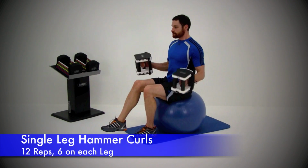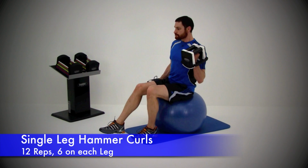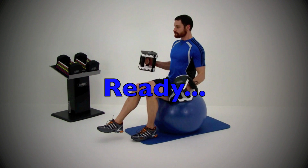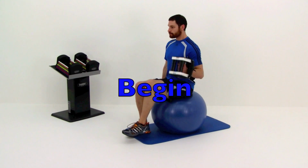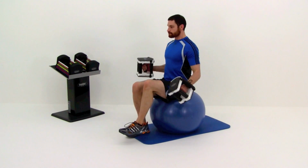All right, go ahead and sit up. We're going to move on to the single leg hammer curls next. Go ahead and get ready. And begin. Sitting nice and straight and tall on that ball, pull 1 foot up off the ground, engaging those